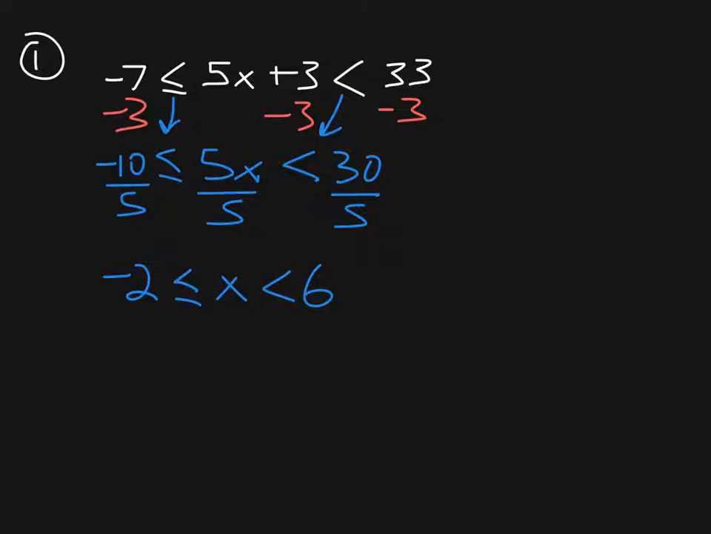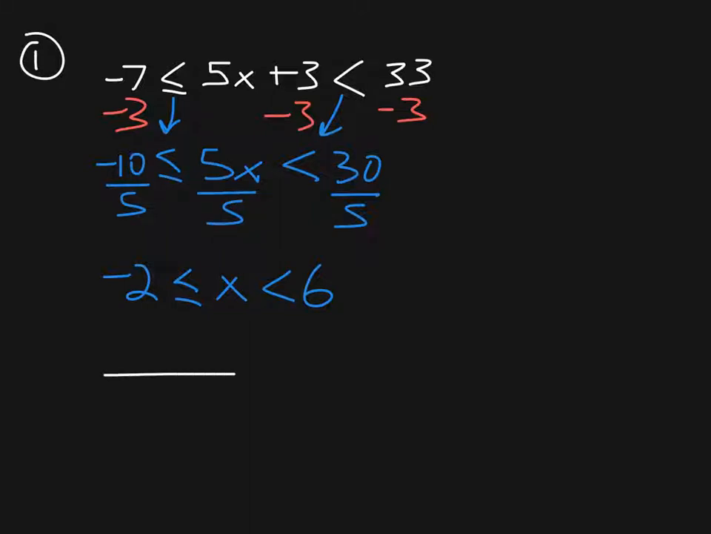Again, my goal is to isolate x in the middle. I've done that. I subtracted 3, and then I divided by 5. So now x is in the middle. This says x is bigger than or equal to negative 2, and x is less than 6. Now when we're drawing a number line for this,